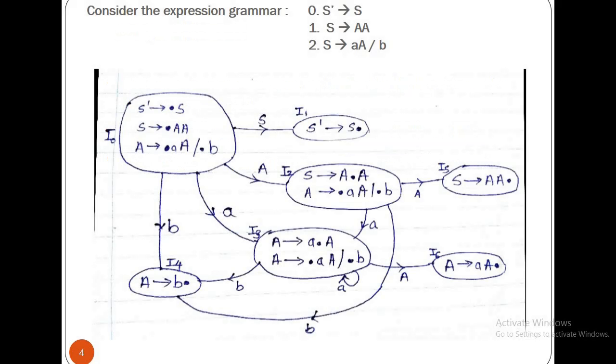Now in last video I have explained to you how to construct this LR0 automata. Basically I'll tell you in short that for construction of LR0 automata we need to take into consideration the set of CFGs added with augmented grammar, and considering that augmented grammar as a start state, we need to find out closure of every state.